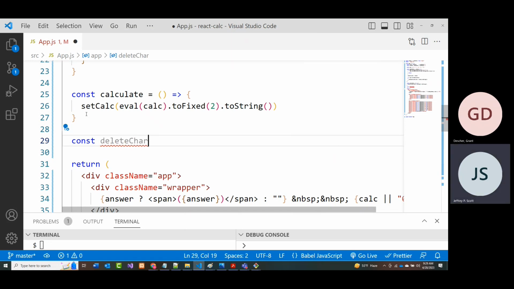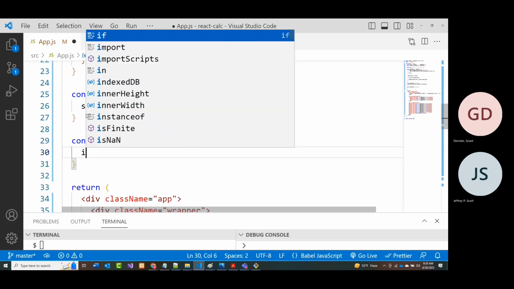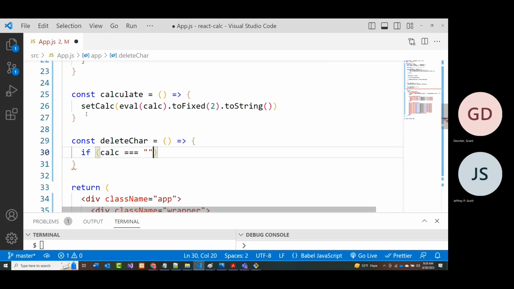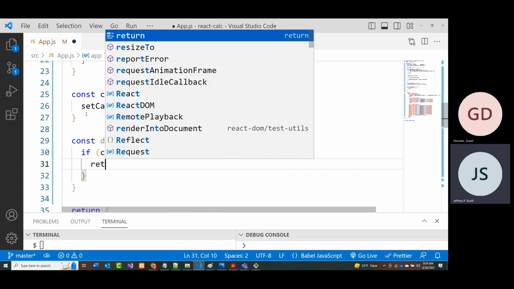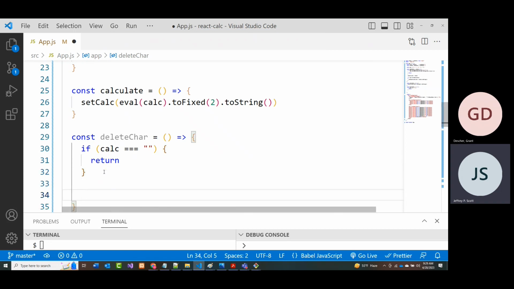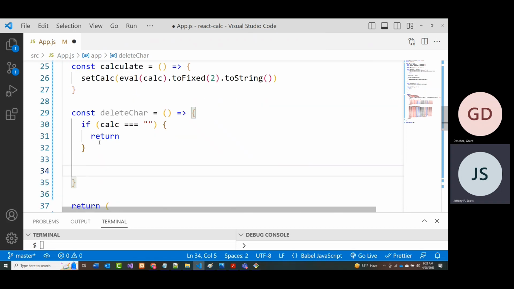And what that delete should do is it's like hitting a backspace key. If it's empty, there's nothing to do. So just return. All right. So if I hit the delete key, but I haven't done any calculation yet, there's nothing to delete. So just return. Otherwise,